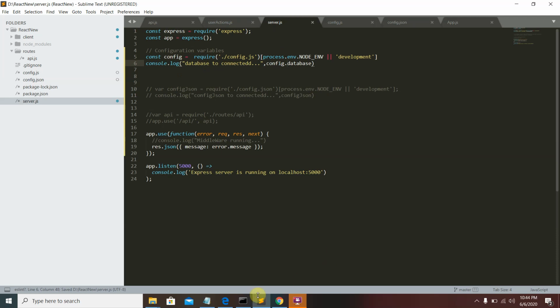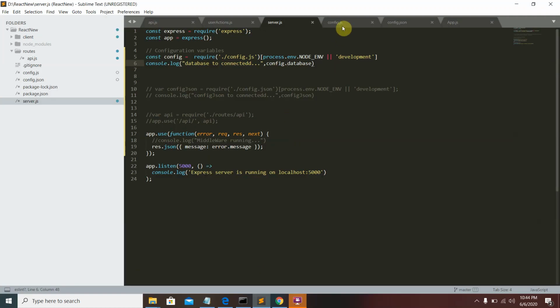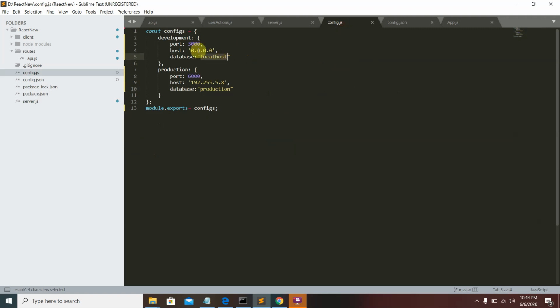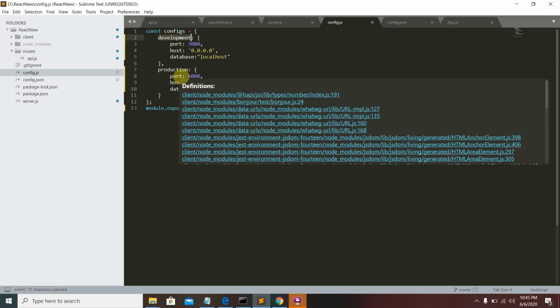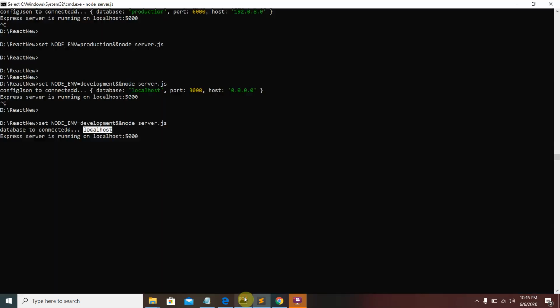Now I run my application using development, then the database should be localhost, because I set my database to localhost when I run my application with development. And if I run my application using production, then the database name should be production.